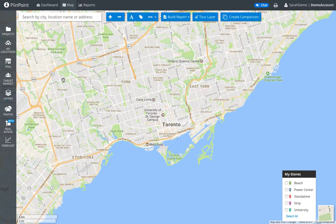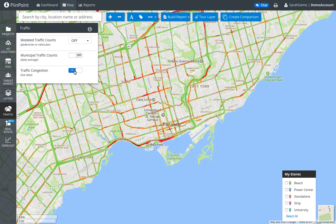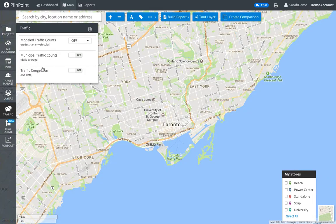So I mentioned this traffic panel. You can see here now that traffic is not base maps. It is looking at traffic specifically. And from here, we can see our model traffic counts, our municipal traffic counts, and our traffic congestion data. So we can toggle those on and off right here. Primarily before, this would have been the same data, but then we also would have seen base maps information in